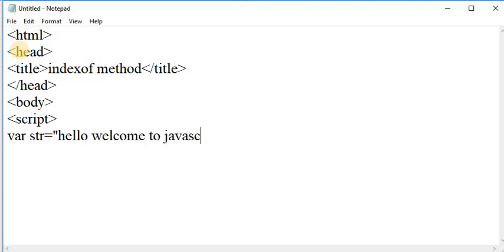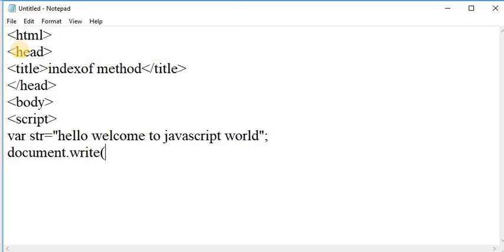This is my string which is assigned to the str variable. After that, by using the write method, I am printing the index of result on a web page.